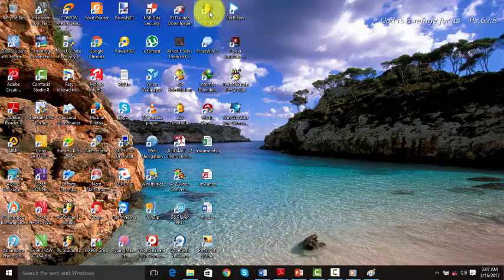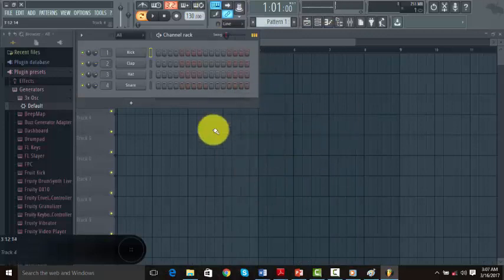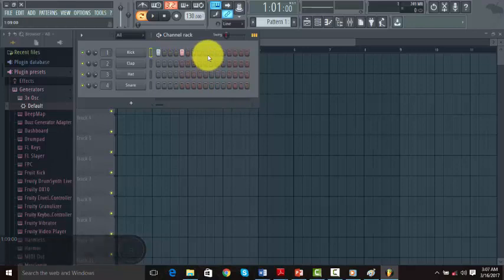A software like this one does not come with a computer. This software which is just opening here does not come with a computer. This one you buy separately.